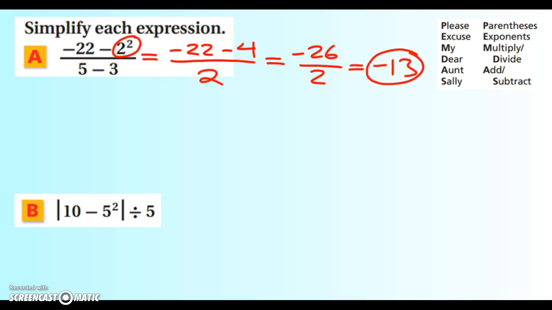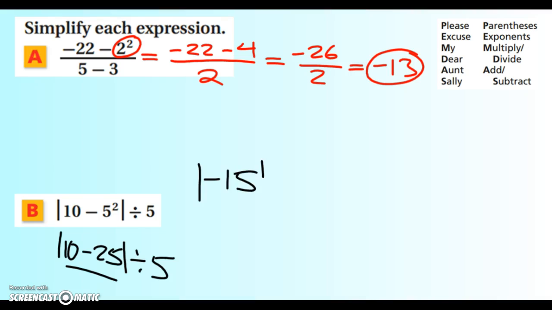All right, and lastly, here, our last step is going to be divide by 5 for B. We want to take care of the absolute value first. So we want to say 10 minus 5 to the second is 25 divided by 5. And then we've got 10 minus 25, that's negative 15 divided by 5. But remember, absolute value means distance from 0, so those always come out positive. So really we have 15